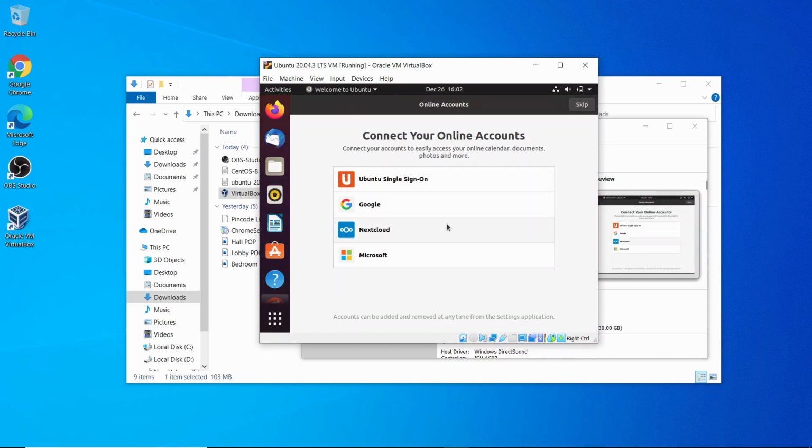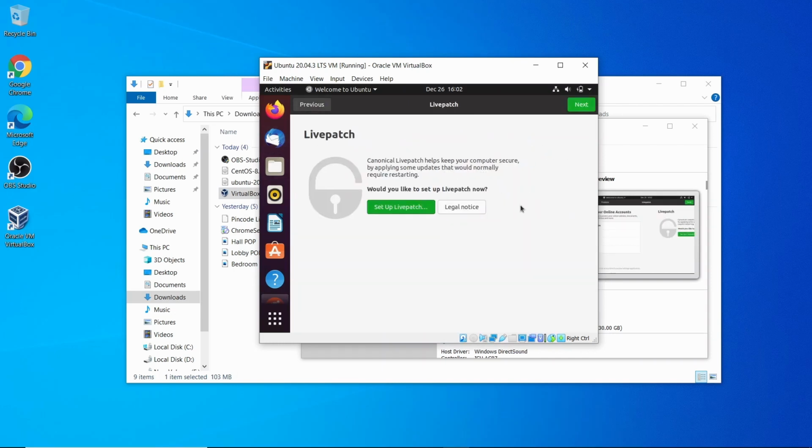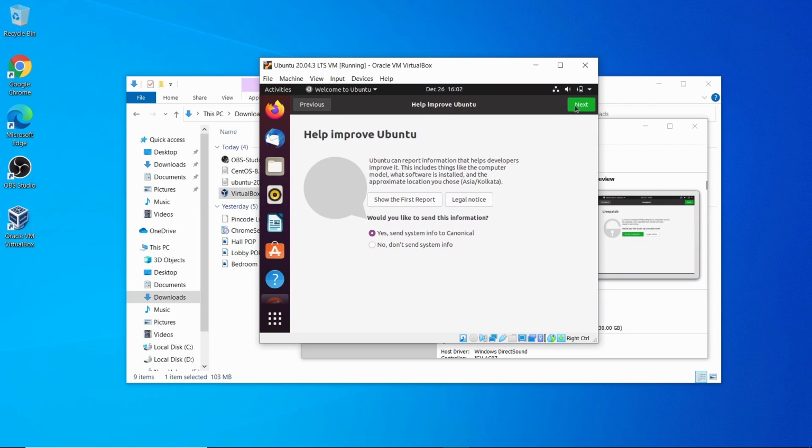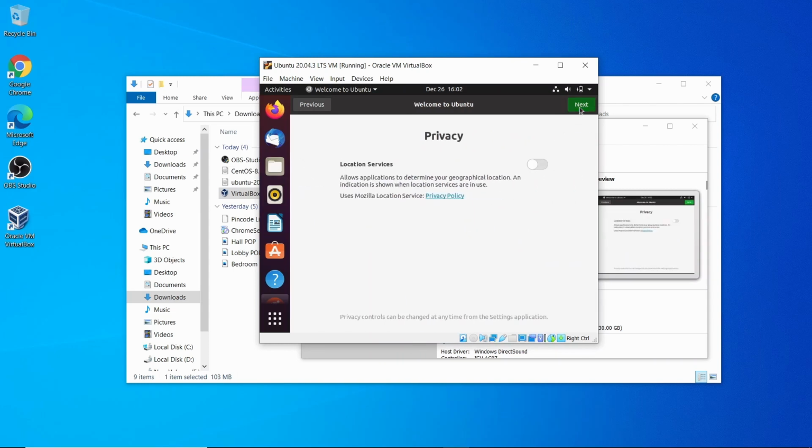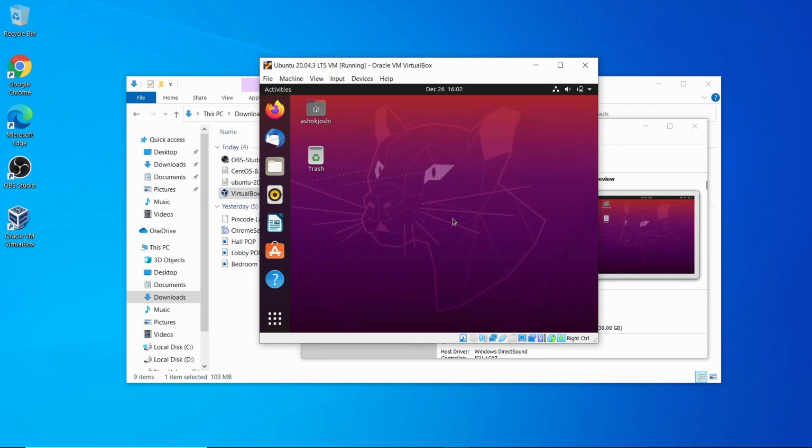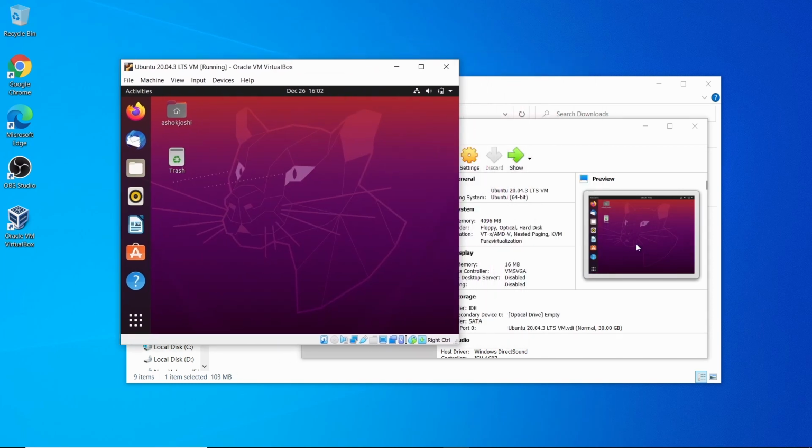Okay, so now we are inside Ubuntu. You can see this is how it looks, the UI part, and we can just skip here and click next, click on next and done. So that's how it looks. And here you can see we have the preview window.